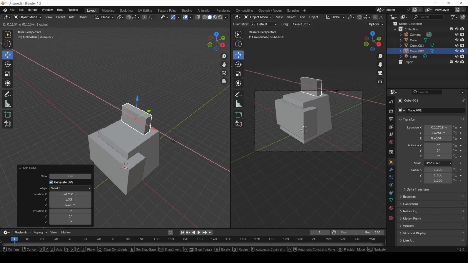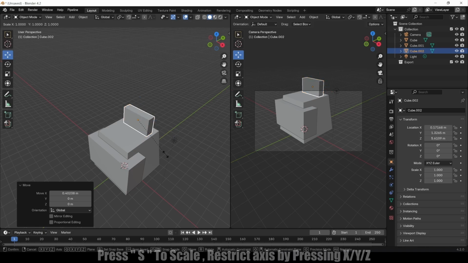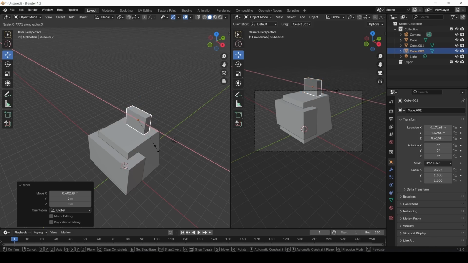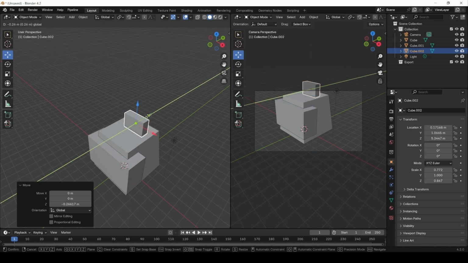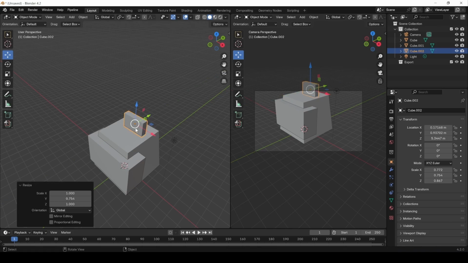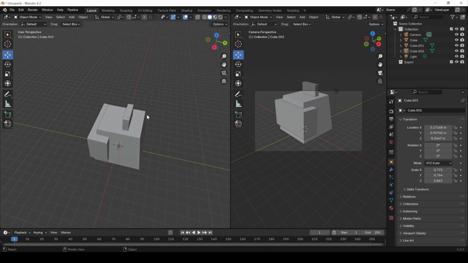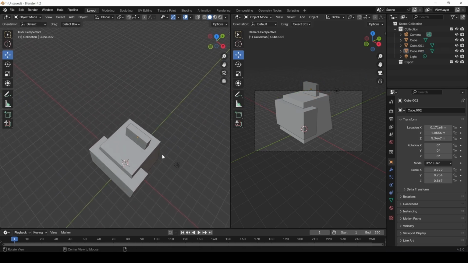Let's move it a little bit. Let's scale it on X, S then X to scale it on X, S and Z to scale it on Z, and just make it go down. So basically we are using whatever we created, S and Y, to scale it on Y. So we basically are using whatever you used before and just made this object with it. Okay,